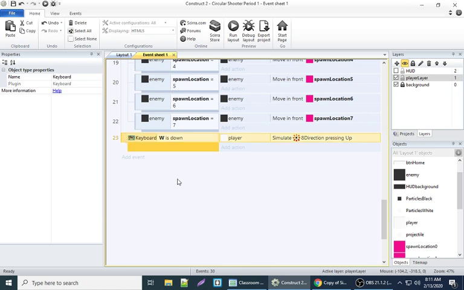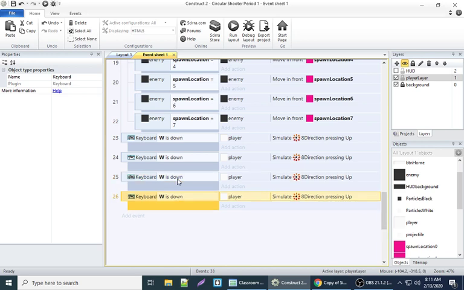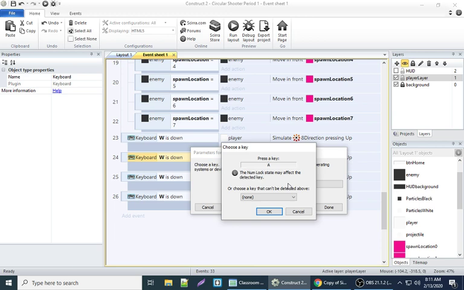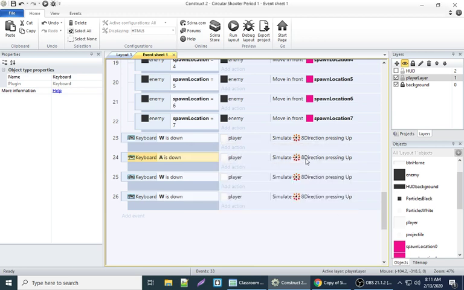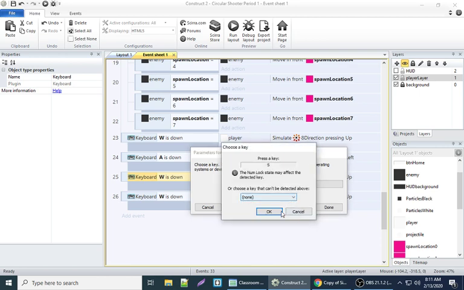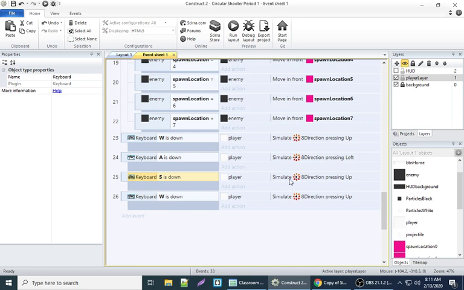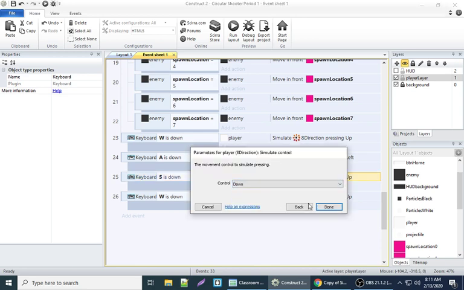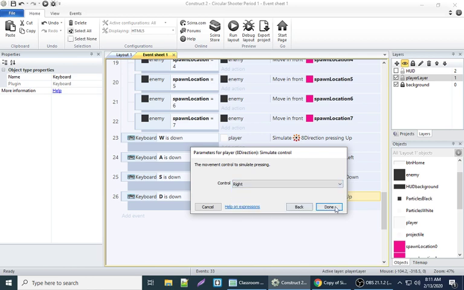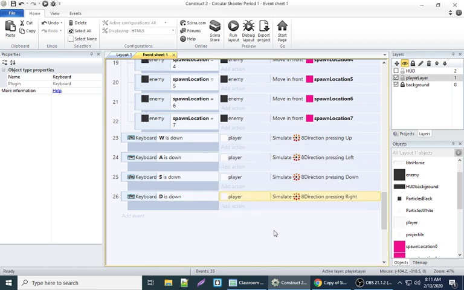I'm going to Control C with the whole thing highlighted, paste it 3 more times, change this key to A, change this one to simulate pressing left, change this one to key S, change this one to simulate going down, and change this one to D, and this one's going to simulate pressing right. So now I've got these keyboard controls that I can run, and now testing should be a lot easier,